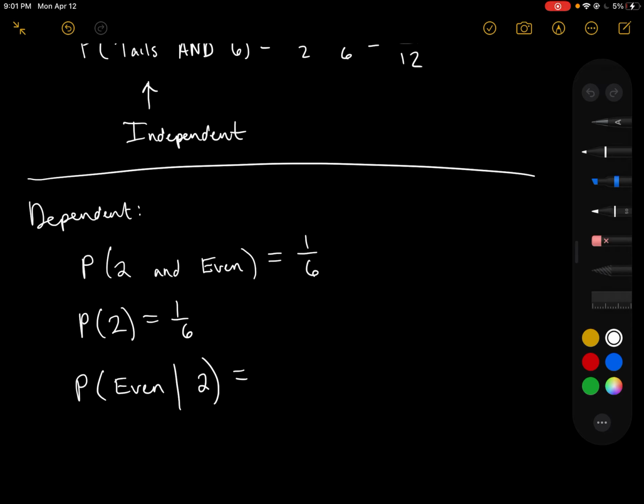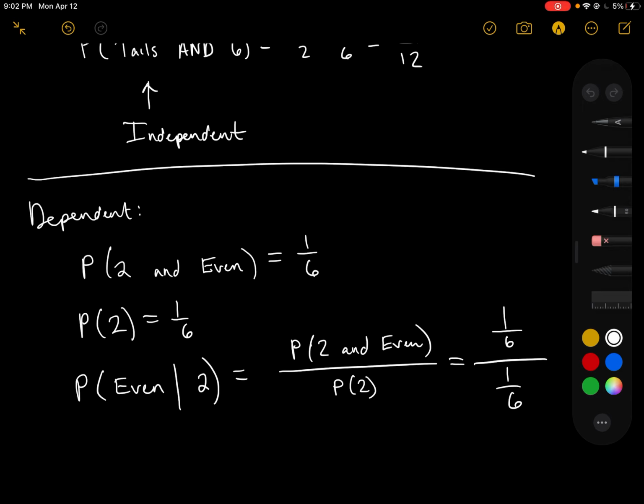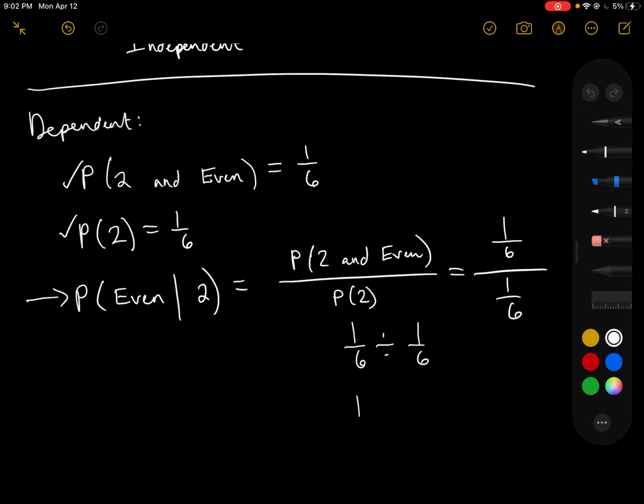Well, now we can go through and plug these in. Let's go back up to that original formula, and that's going to help us with how we find this. So we'll do the probability of them both over the probability that we roll a 2. In this case, it's 1/6 divided by 1/6. So that helps us to set these up. Again, we know this, and we're asked to solve for this. So if we do this, we'll have 1/6 divided by 1/6, and in this case, keep, change, flip once more,